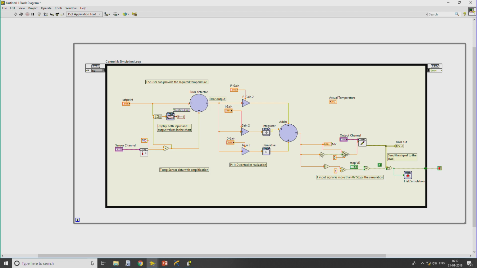Similarly, any voltage lower than 0 volts will be shown as 0 volts. That particular logic has been designed, and moreover, if the simulation generates more than 5 volts, the system will automatically switch off.